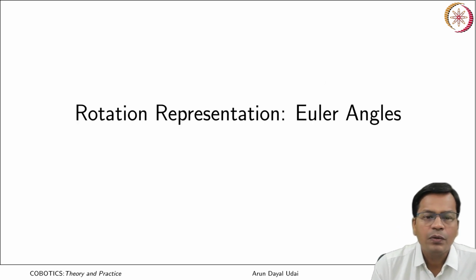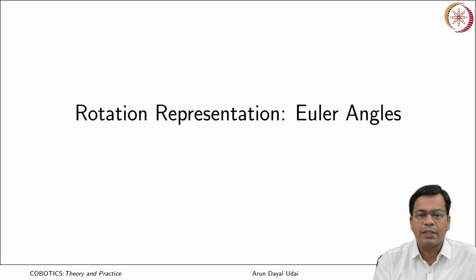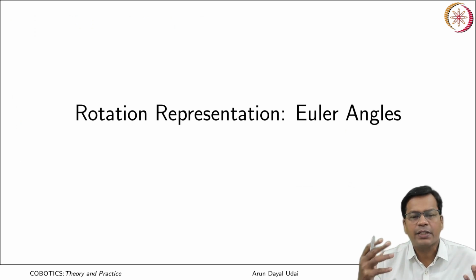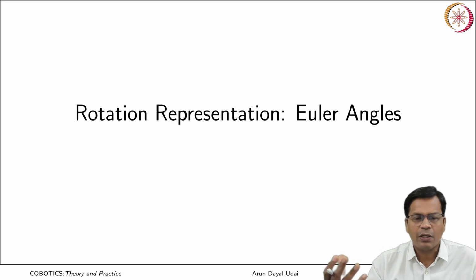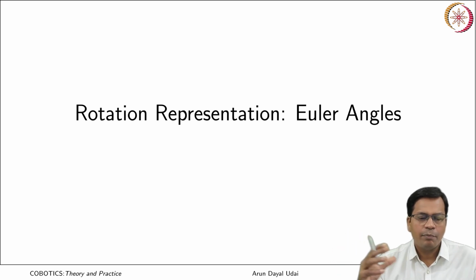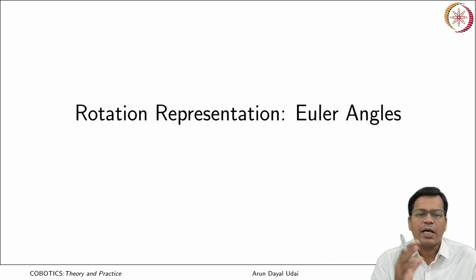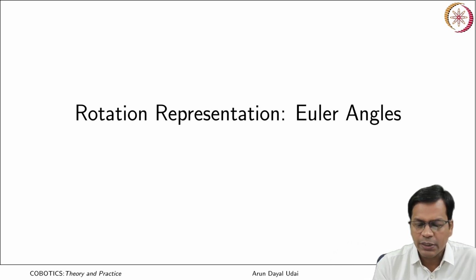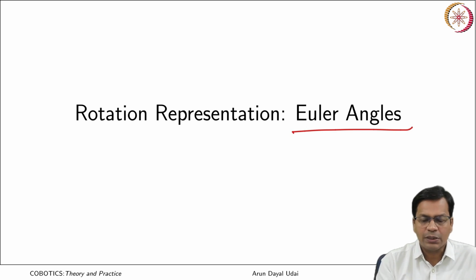Okay, now rotation representation. Let's say your robot end effector is at a state. I want to represent how it is. There are multiple ways to reach the same point. You have seen maybe a sequence of rotations Rx, Ry, Rz can lead you there. There can be relative transformations also. That is what we'll talk about here. So how to represent such rotations.